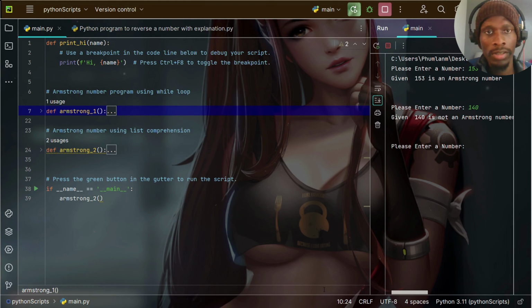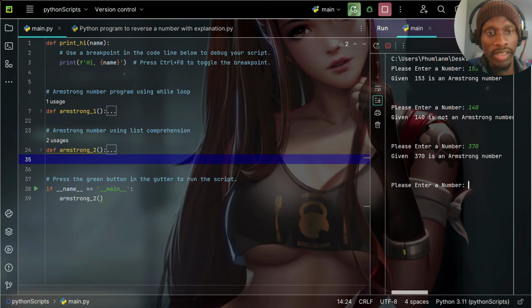Okay, first we're just gonna give a value that we know definitely is an Armstrong number, like 3. 370, definitely an Armstrong number as well. So let me just create the for loop quickly. This is supposed to be a short one, but we'll go like 2 minutes more just for that for loop,